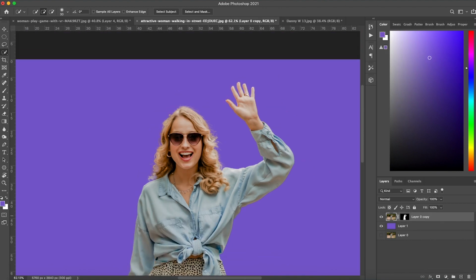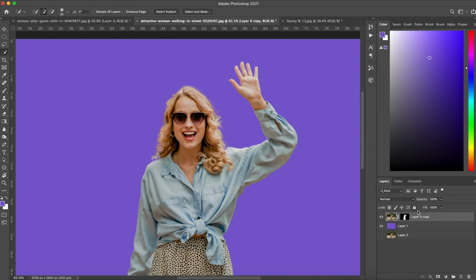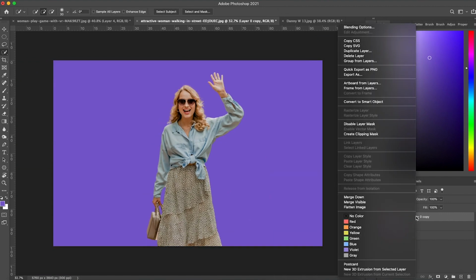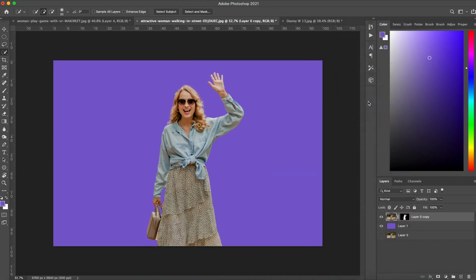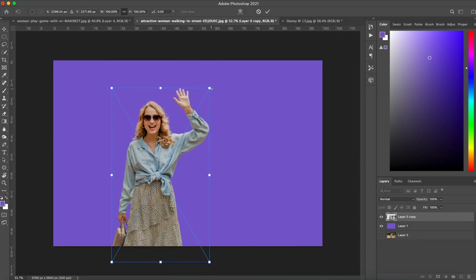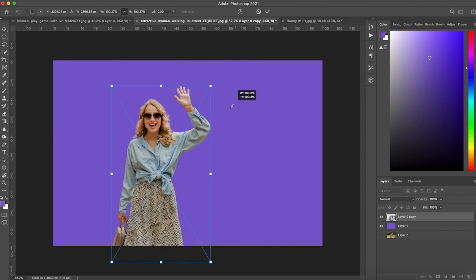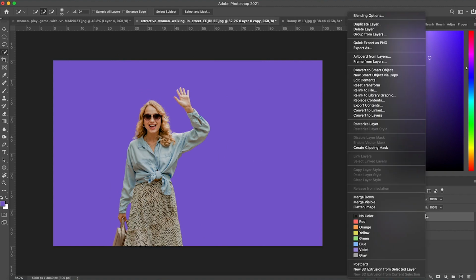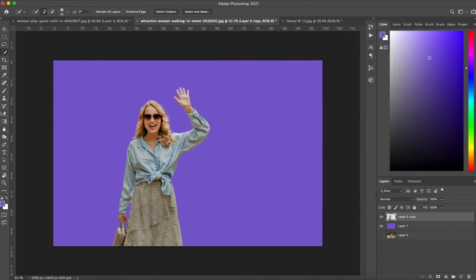So now we've got this shape, this cutout shape. This, as you can see, is a mask on this layer. So we can transform this and move it around. What you might find easier is if you right click and you convert that to a smart object, and that's just going to select this image. If you scale it, you're not going to lose the resolution. If for some reason you want to edit that even finer, perhaps with an eraser tool, then you can right click again and rasterize the layer,